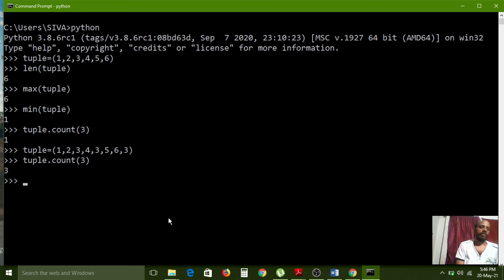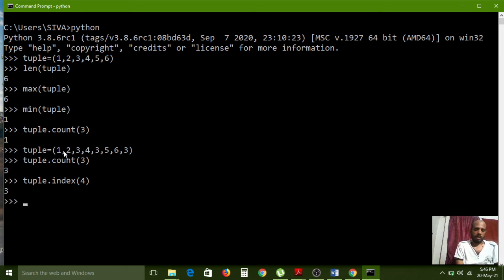Now index. Now I want to know about the fourth element's index value. For example, I am passing tuple dot index of 4.